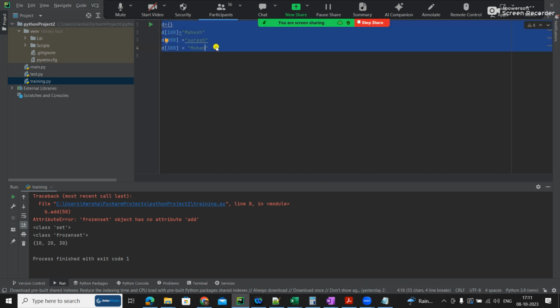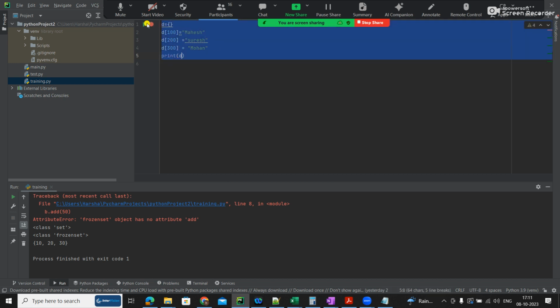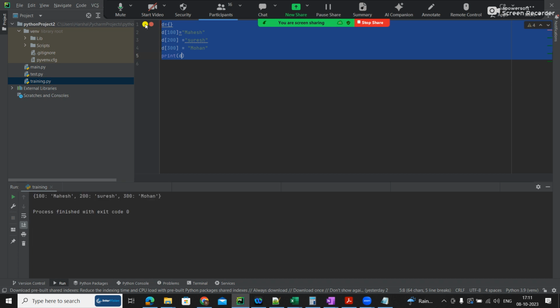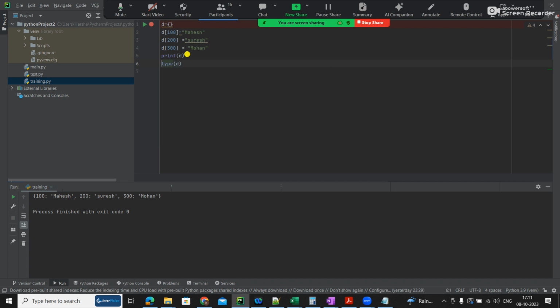Now print of d should give the value. So this is a dictionary. I can do the type of d and print it.